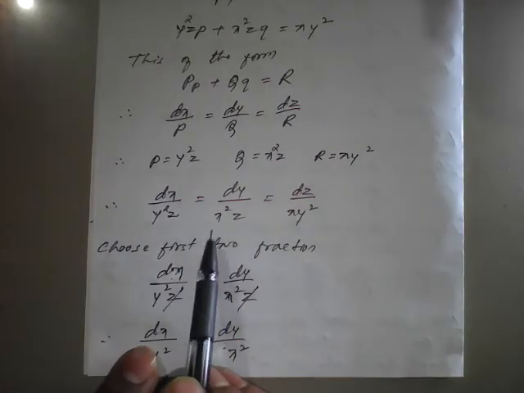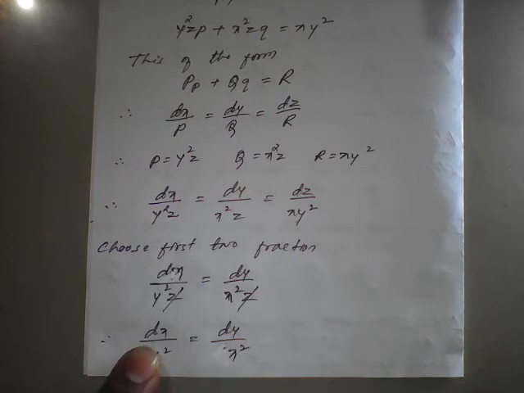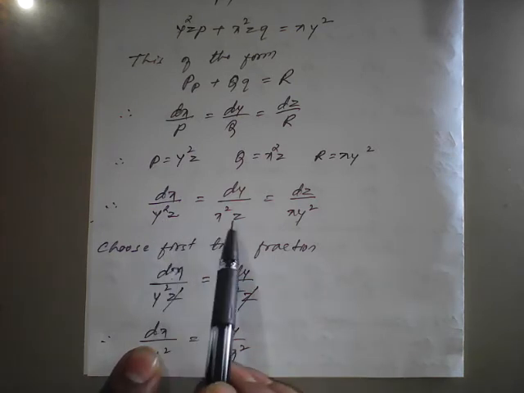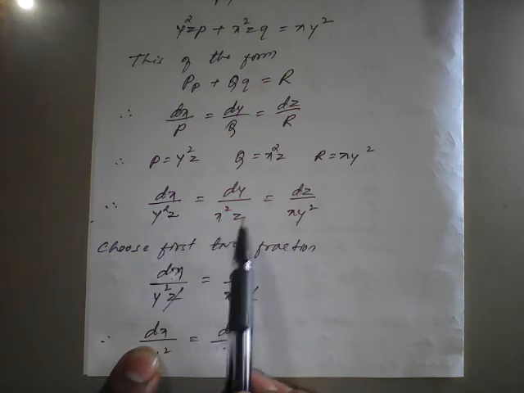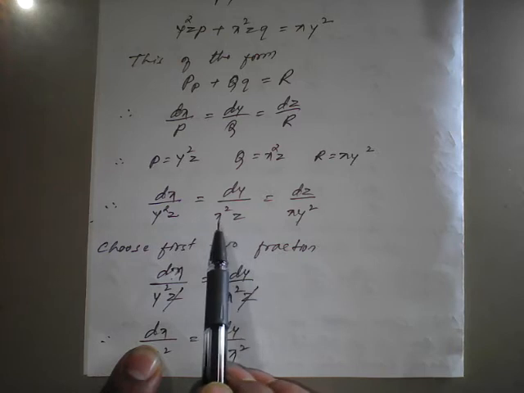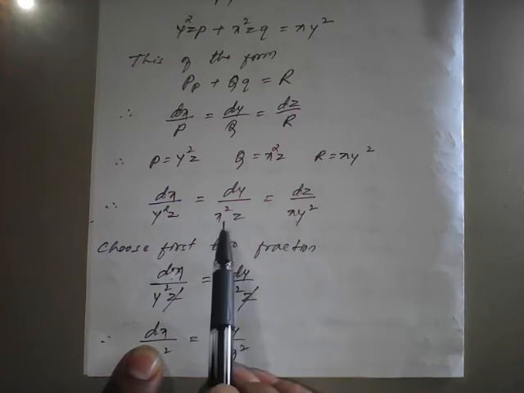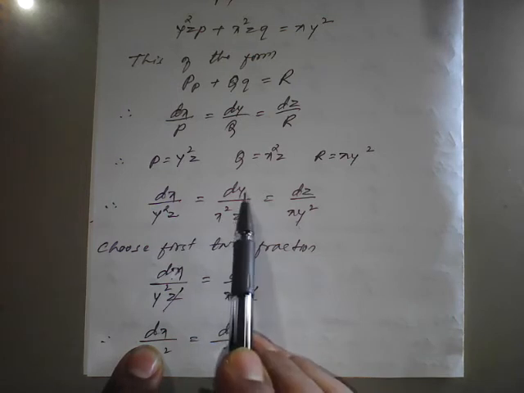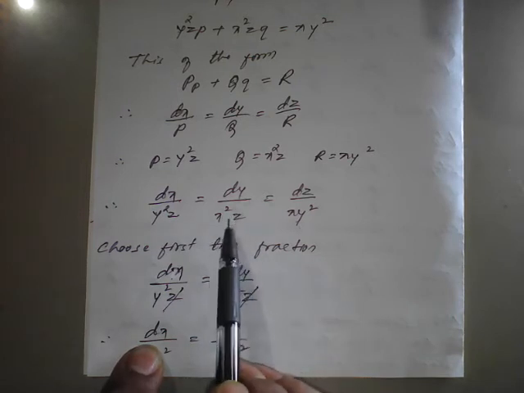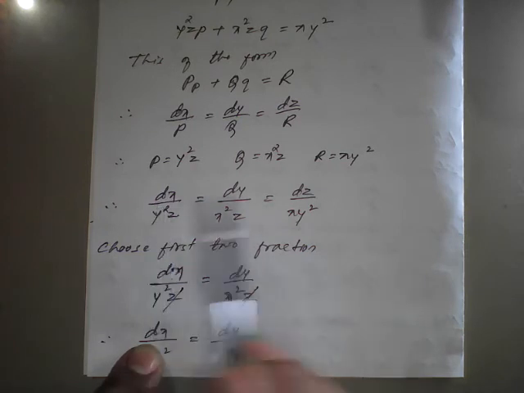Now we have taken the first two pairs, so you can take the next pair. You have to choose a pair in such a way that the common term gets cancelled. In the first two pairs we chose so that z cancels. Second and third I cannot take, because there we have z x square and xy, so only one x cancels, but here it is dy. The function should be purely in terms of z or purely in terms of y, but here x is coming. So don't choose second and third; we'll choose the first and third pair.